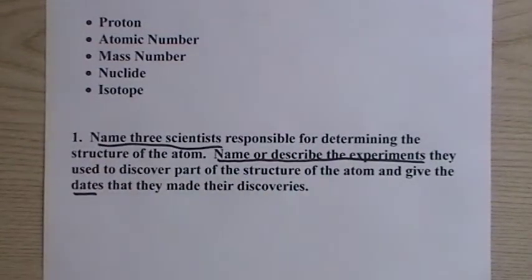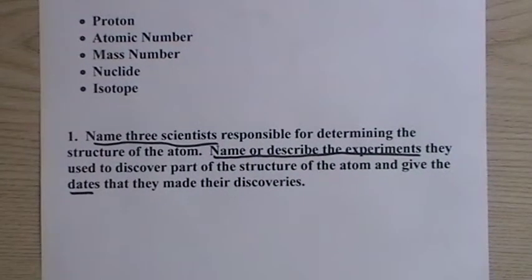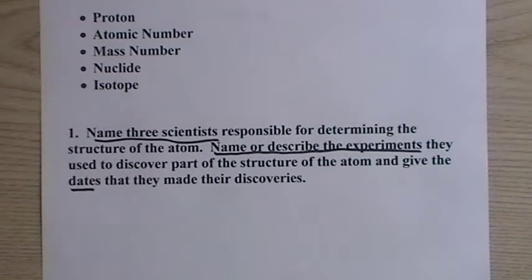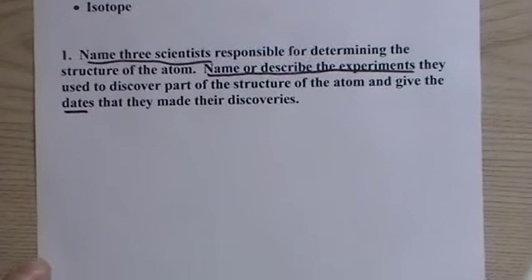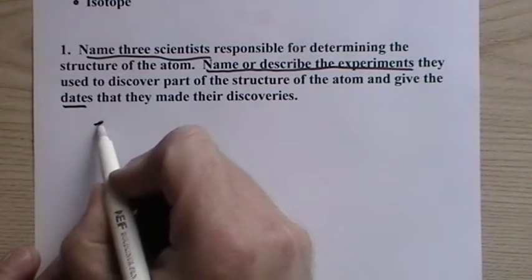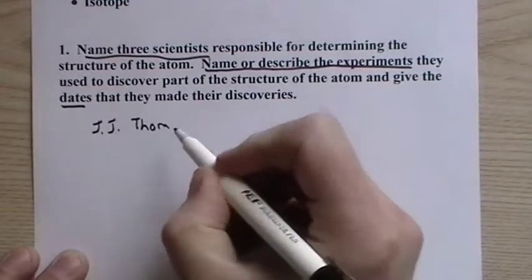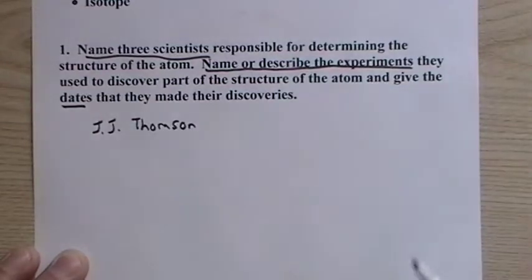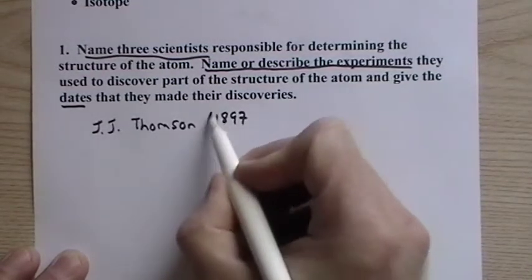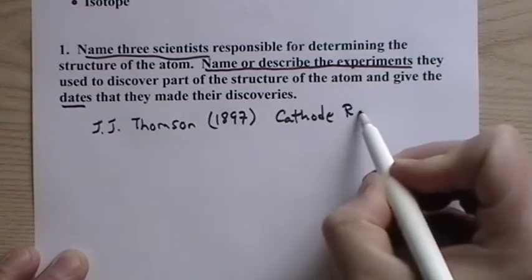Name the 3 scientists. So these are right out of the book. There are other people who were involved in determining the structure of the atom, but these are 3 very important scientists. So let's just put them in chronological order. So we have J.J. Thomson, and in 1897 he used the cathode ray tube